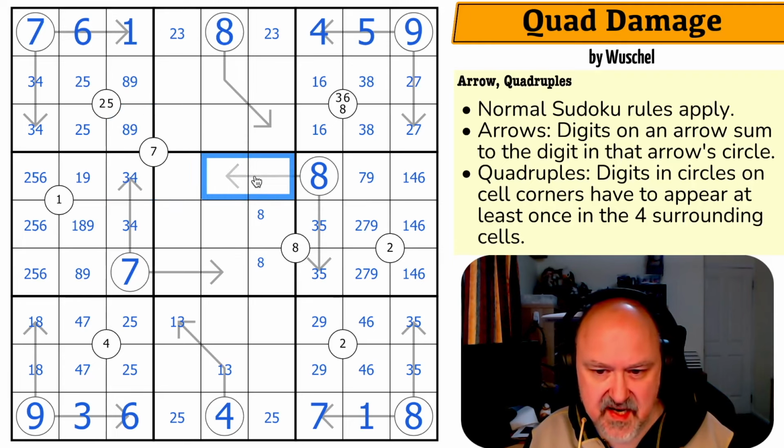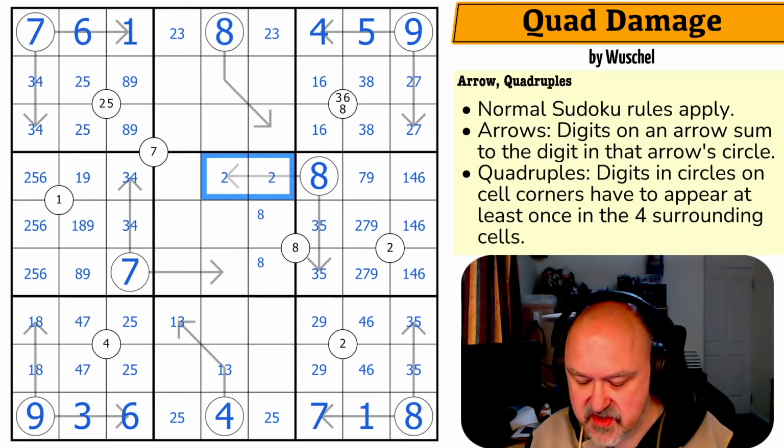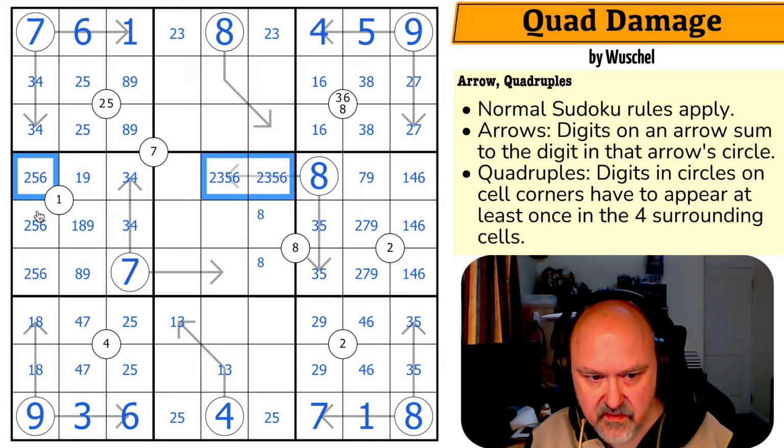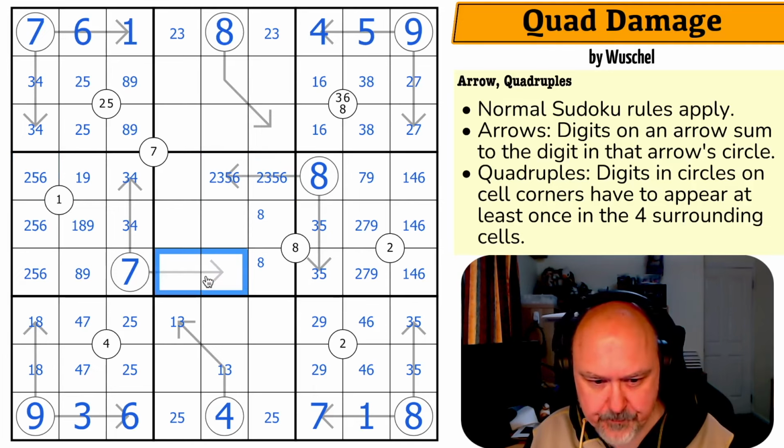So how do I make this 8? It can't be 1, 7, because if this was 1, 7, those would both be 9. Because 1, 7 here, the 1 here would make that 9, the 7 here would make that 9. So it's not 1, 7. So it's 2, 6 or 3, 5. If it's 2, 6, that's a 5. If it's 3, 5, I'm not sure. Now this,